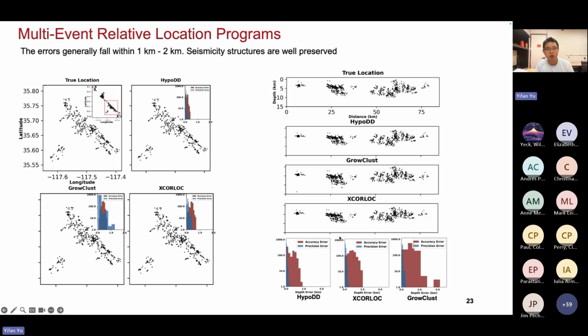So it's not surprising. They do a better job capturing all the structures, even this part of the structures that is not very clear in all of these programs, and they have much less error in both horizontal and depth. Okay, but overall it's hard to